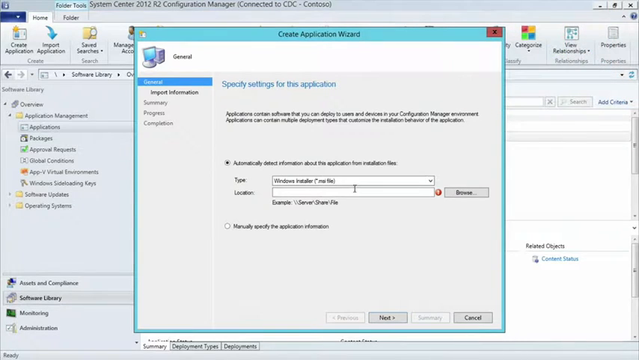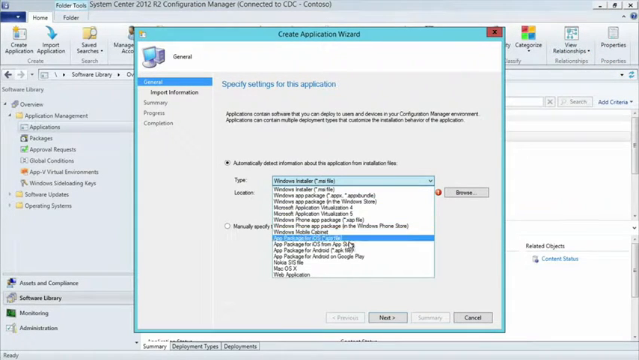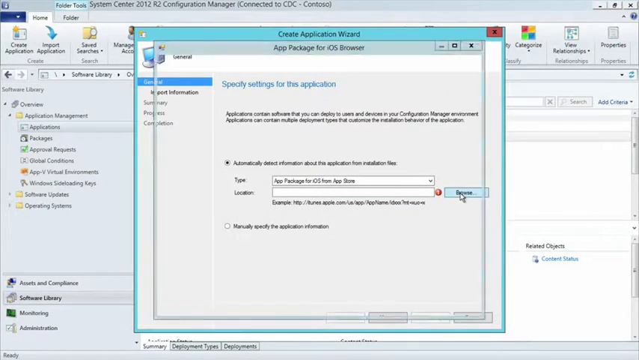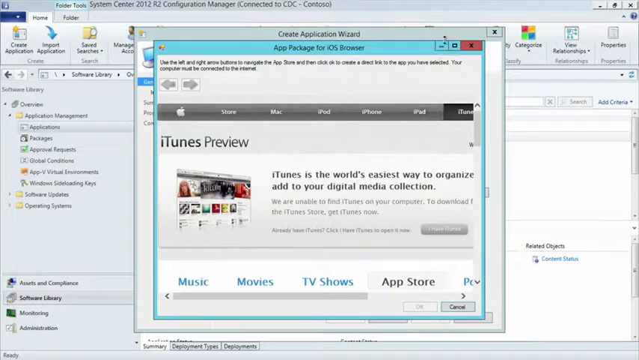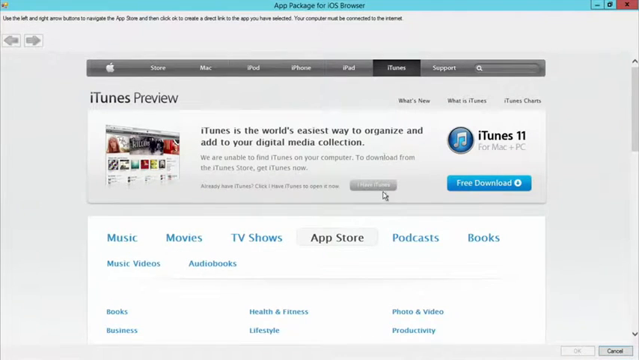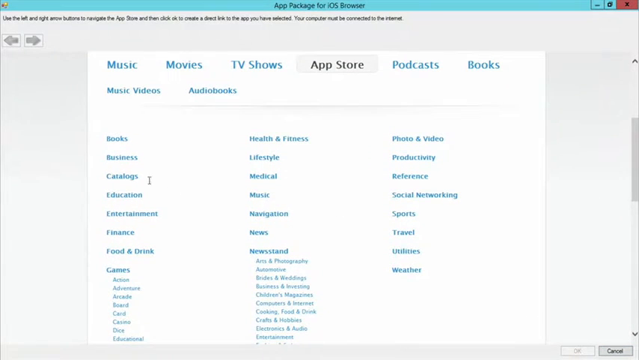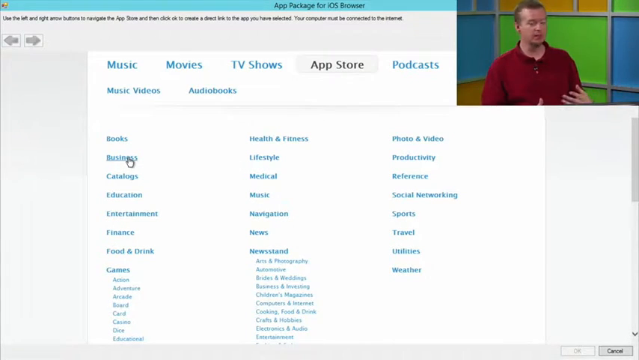So if I want to deploy an app to the iPad from the App Store, I just go ahead and specify that's the type I want. I click Browse. That'll go ahead and take me to, in this case, the iTunes store. And now I can go ahead and find the application I want to make available to my end users. So a great example of an iOS app that we've just come out with from Microsoft is the remote desktop client. The ability to have a VDI session, a remote desktop session from your iPad back to your Windows desktop. So why don't we go and find the remote desktop app here that we can then publish out